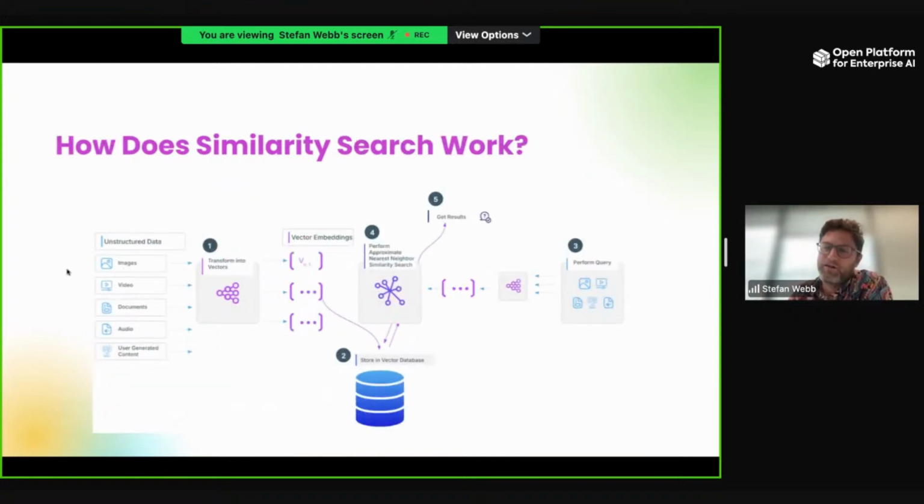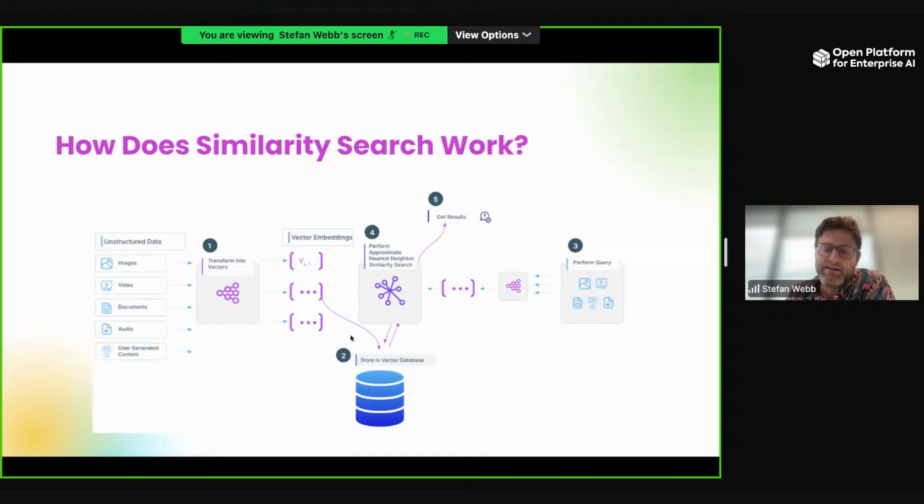Okay, so we've got our data, and we've got a model to perform the vector embedding. How do we actually do similarity search? The steps are like so. We start off with our unstructured data, whether that's images, video, documents, etc. We put those through our deep neural network encoder, and that transforms them into vectors, or sequences of numbers that represent the input.